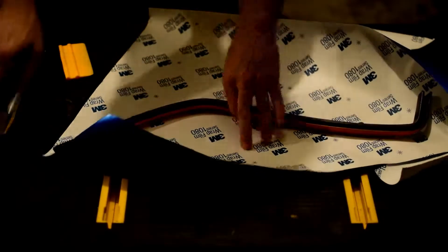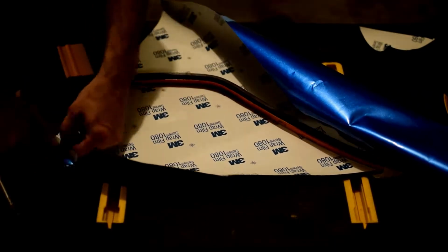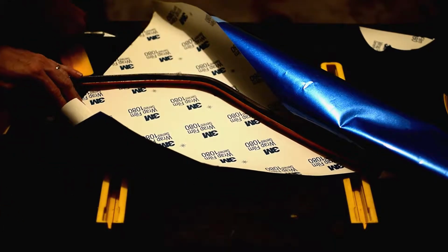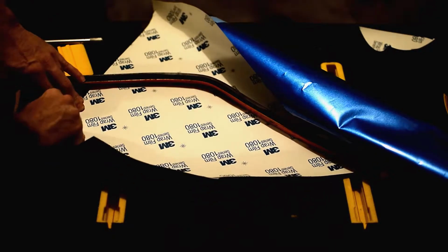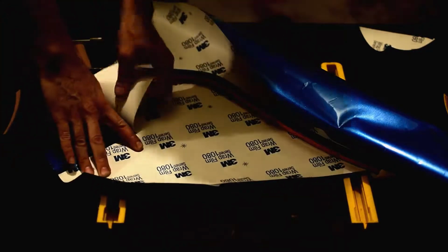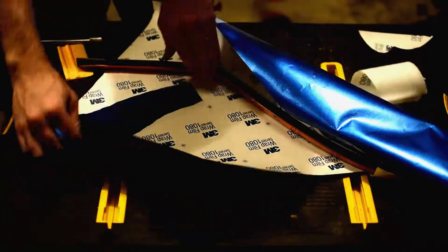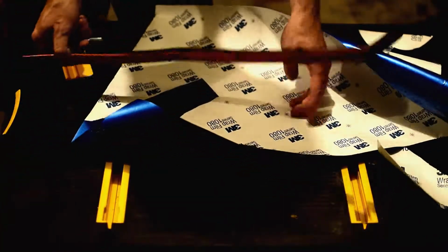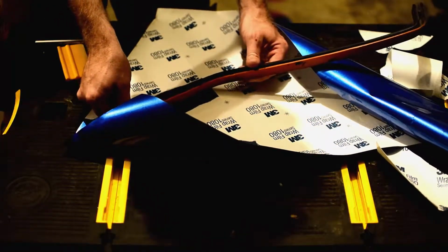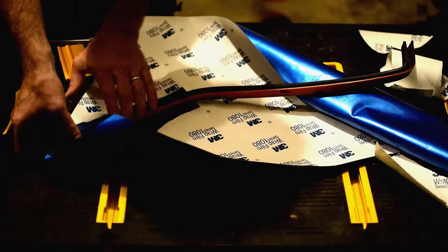And now we pull the backing off. Now, come down here. So it's not a perfect cut here, but that's okay. It doesn't really need to be perfect. Pull that out. Now we can begin. So I'm going to get this here. I'm going to mount that right in that area. And now we're going to flip it